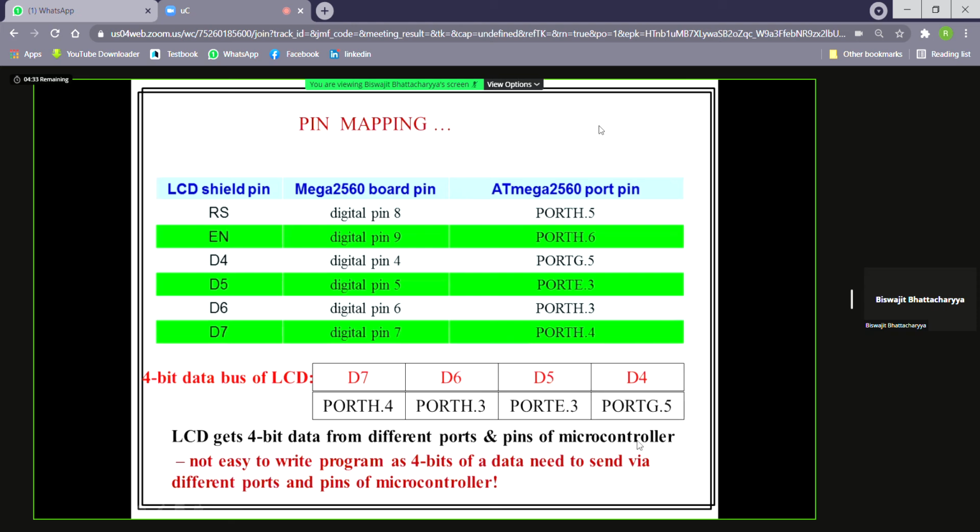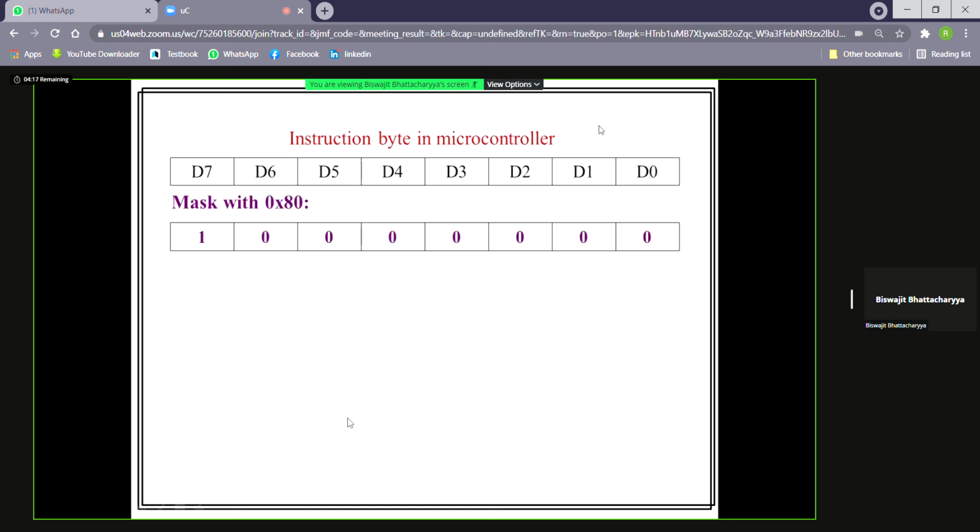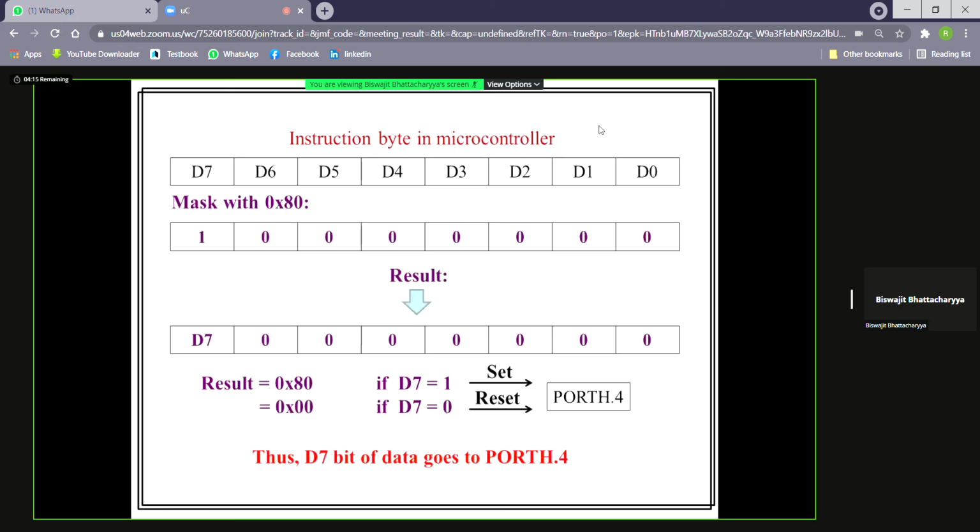If we want to make D7 equal to 1, port H.4 will be 1. If we want to make D7 equal to 0, then port H.4 will be 0. So that is the pin to pin mapping. That is, the D7 bit of data goes to port H.4.